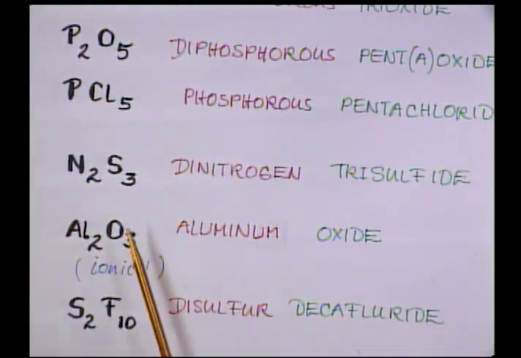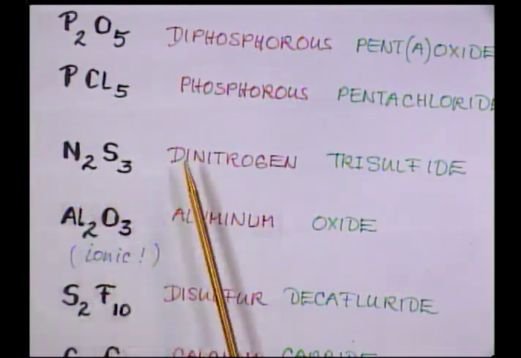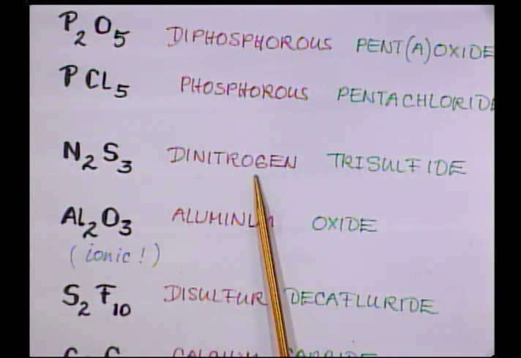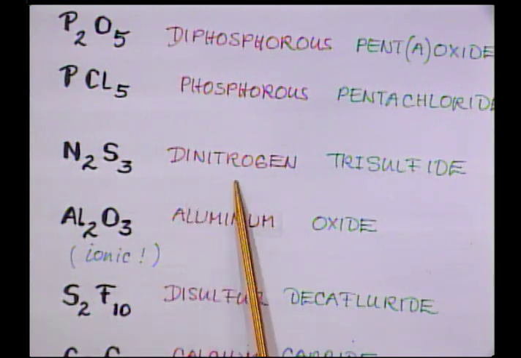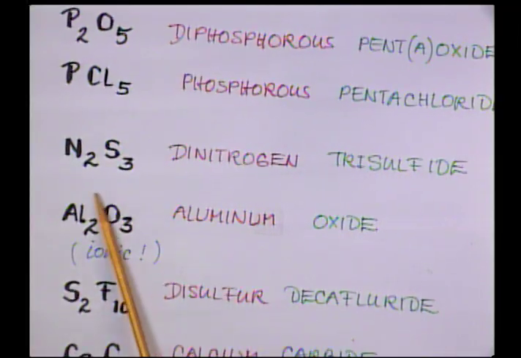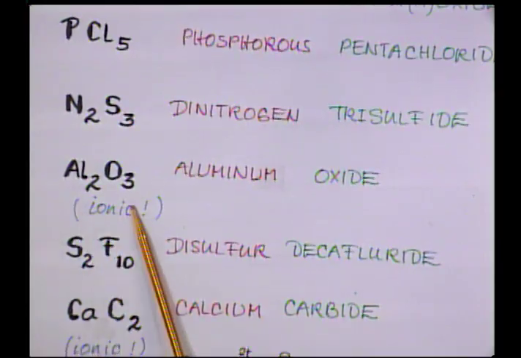It's easier to pronounce and say. The next one would be N2S3. Well, you guessed it, it's dinitrogen trisulfide. Now we're coming to an ionic species,